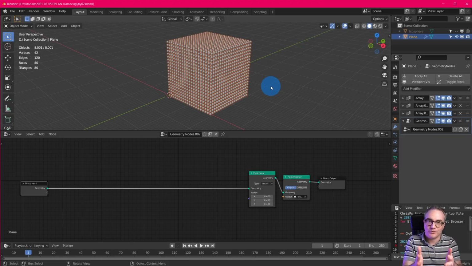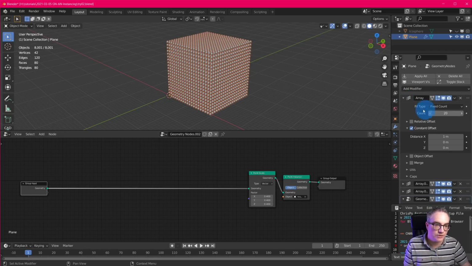Now it's up to you if you like the animation nodes version better that I showed in the last video, where you have a real grid node that you can set and you can define the sizes and all of that. Or if you like this version better with the 3 array modifiers. I personally kind of like the animation nodes version, where you have a node and you can set your grid on a single node and you don't have to go in here